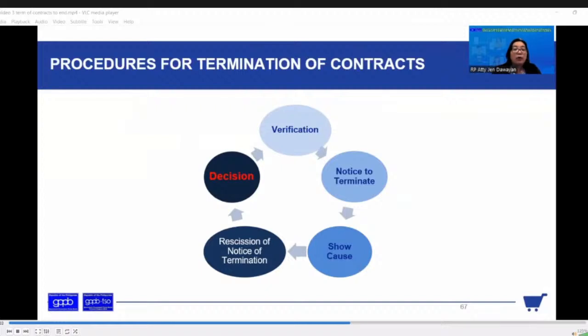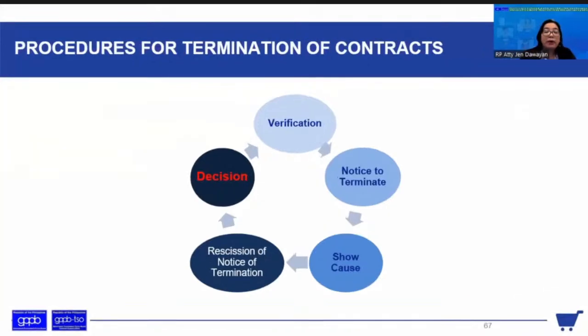And then with all the relevant evidences that are attached to the verified report. And then the second is the notice to terminate, which is done upon recommendation of usually the implementing unit,